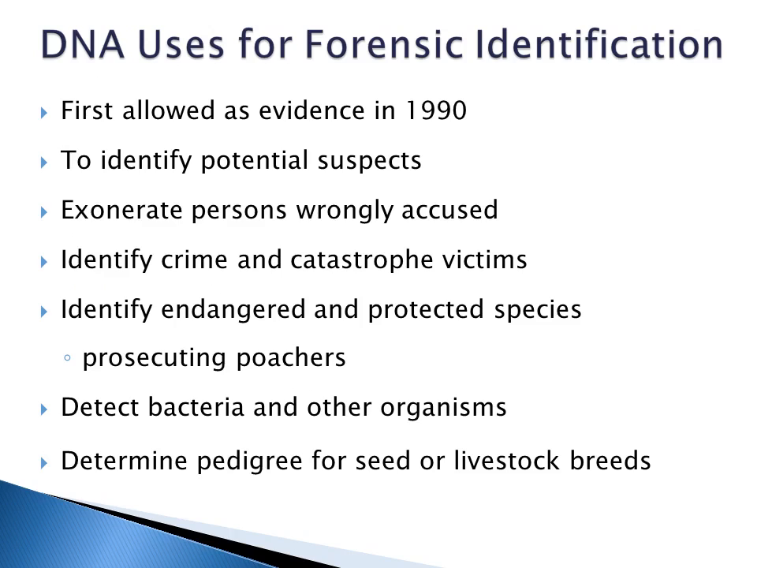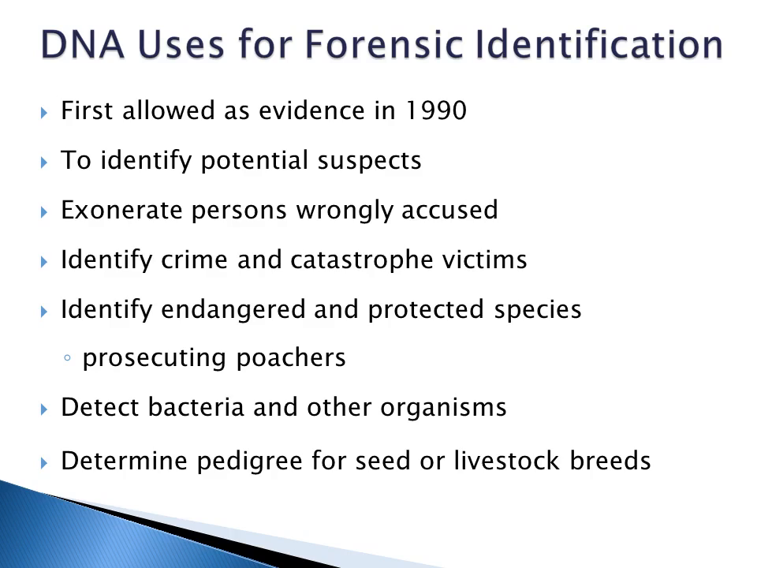DNA was first allowed as evidence in 1990. DNA is going to be used to identify a potential suspect whose DNA may match evidence left at a crime scene. Also, DNA is going to be used to exonerate persons that are wrongly accused of crimes. Several people who were imprisoned for many years have been let out of prison because of advances in molecular technologies. You can use DNA to identify a crime or a catastrophe victim,